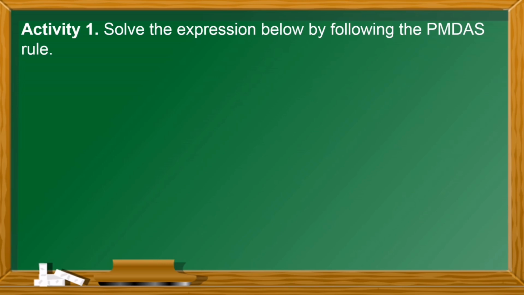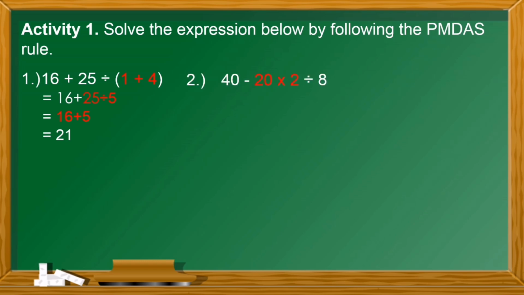Let us do this activity. Solve the expression below by following the PMDAS rule. Given number 1, 16 plus 25 divided by 1 plus 4. Your answer must be. Number 2, 40 minus 20 times 2 divided by 8. Your answer is